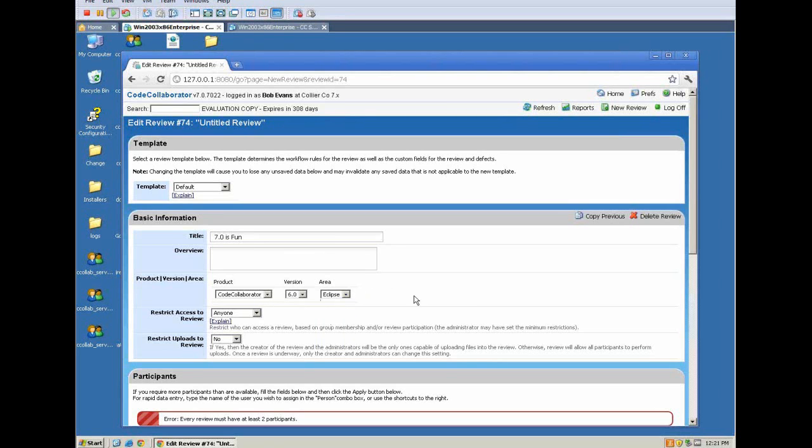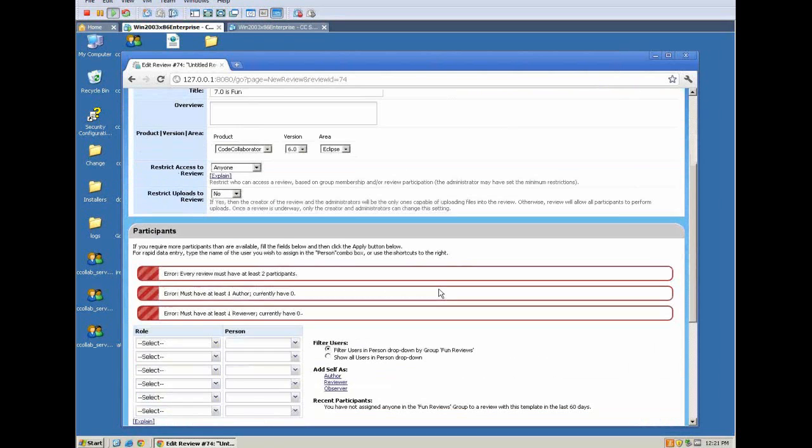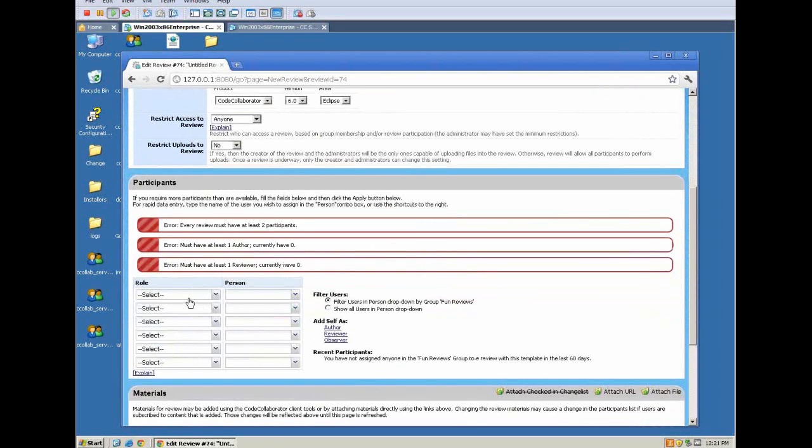As we fill this in and continue to scroll down, we have our participant area here. We have a couple of different roles, and this is not unique for 7.0 as opposed to 6.5: author, reviewer, and observer. Same as we had before with 6.5. We'll go ahead and define an author now. We'll set Bob as our author, and we also need to create a reviewer. You do have to have at least one reviewer on a review. And as you begin to type, you'll notice that the person field is automatically filtered to